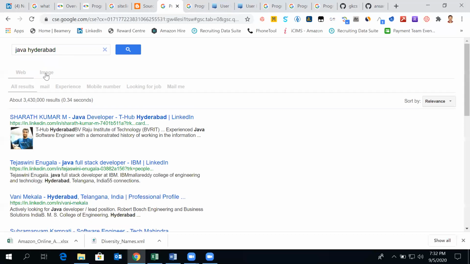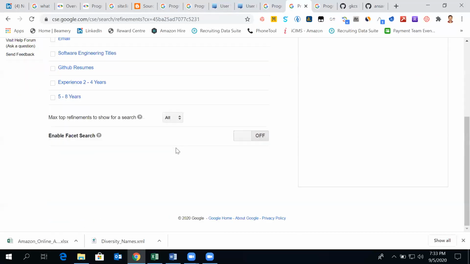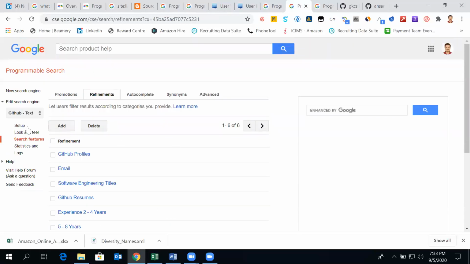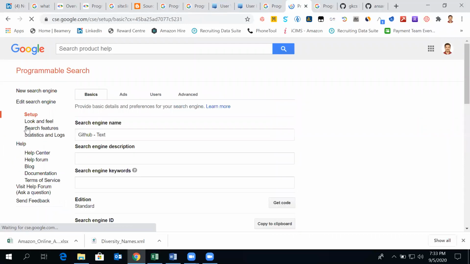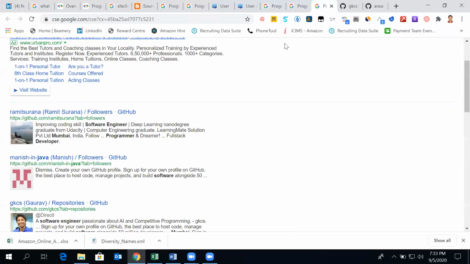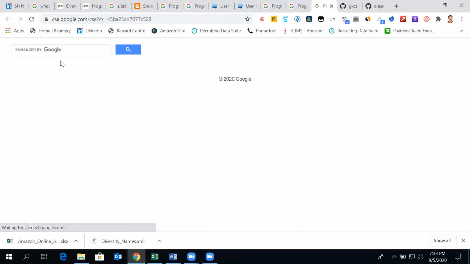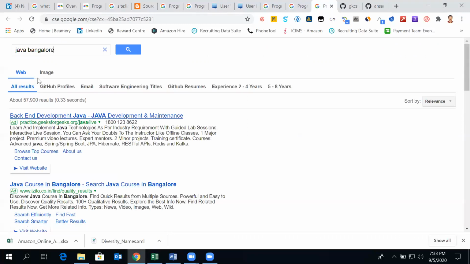So here we have web results and the images. From here itself, we can enable image search on. So now we have web and image.